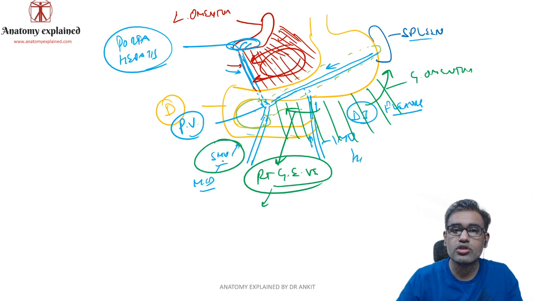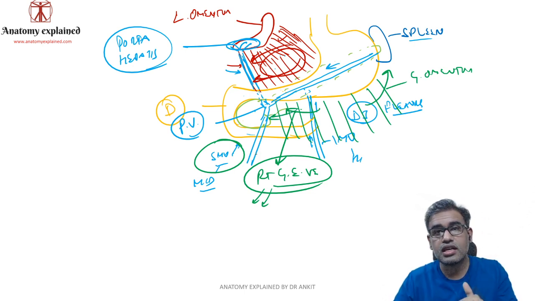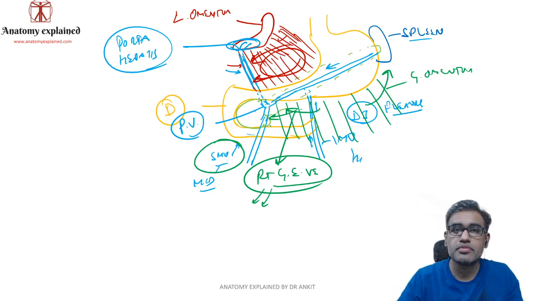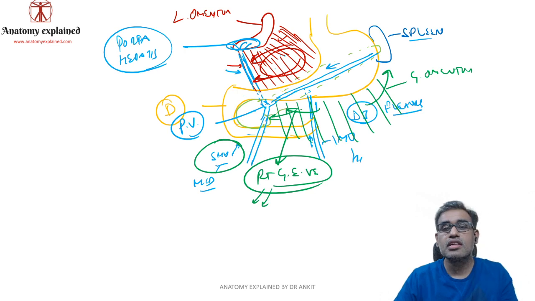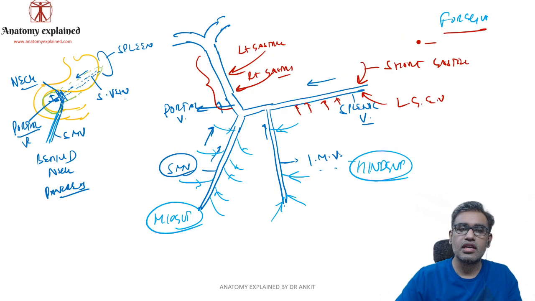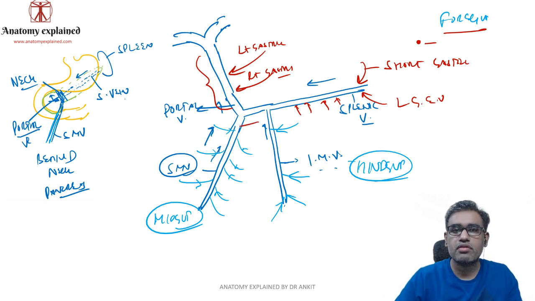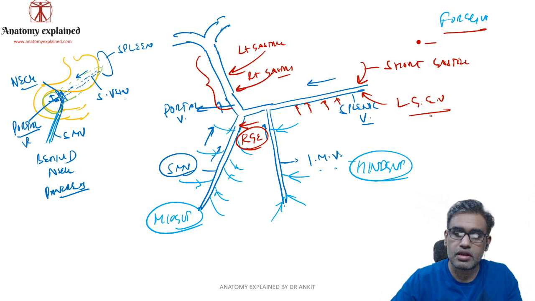It should enter into the superior mesenteric vein. So the right gastroepiploic vein directly enters into the superior mesenteric vein, because the superior mesenteric vein was coming from anterior to posterior. After crossing the uncinate, it goes behind. But before crossing the uncinate and third part of the duodenum, the superior mesenteric vein is lying in the mesentery. Therefore, the right gastroepiploic vein drains where? If we take this color again, the right gastroepiploic vein will drain into the superior mesenteric vein. The left gastroepiploic was going into the splenic vein.